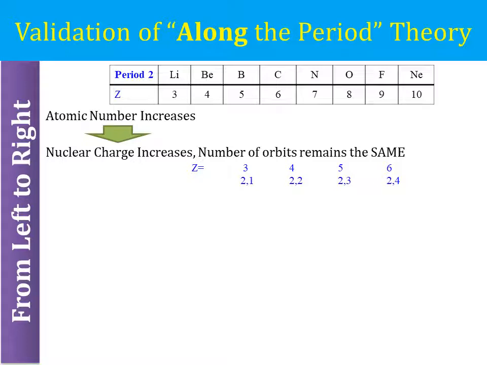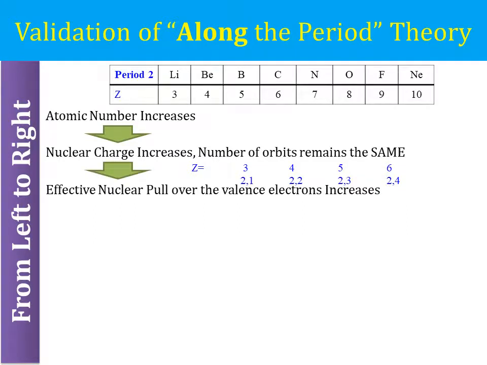If you remember, the electronic distribution was 2, 1, 2, 2, 2, 3, 2, 4, and it goes on that way. So the number of orbits remains the same. It's not changing. Then, effective nuclear pull over the valence electrons increases. So the effective nuclear pull, that means the density,